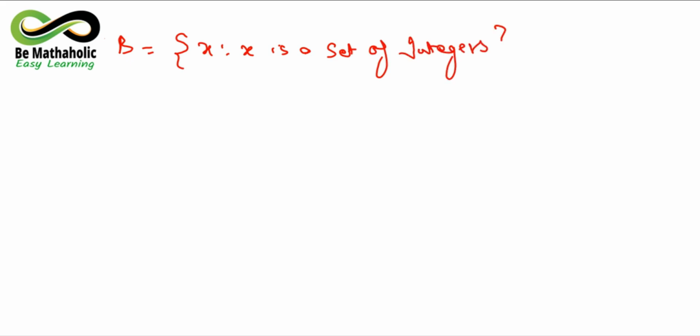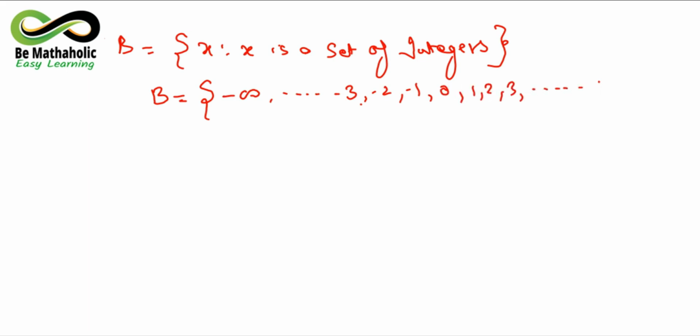Please remember, integers, you all know what integers are. So you will be representing this in this manner. You can write minus infinity, and then dot dot dot, and then you can write minus 3, minus 2, minus 1, 0, 1, 2, 3, and dot dot dot, it goes till infinity. So this is another way of representing a particular infinite set. Whether you write infinity or not doesn't matter, it is understood कि वो infinity तक जाएगा. So this is how you are going to represent the set of integers in roster form. This is in set builder form, this is in roster form. I hope I am clear with this.